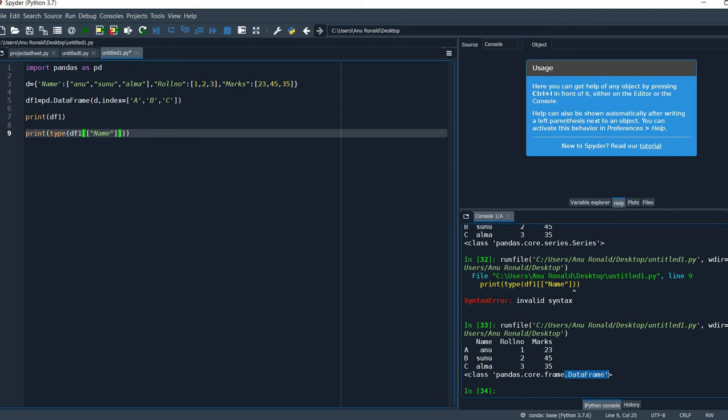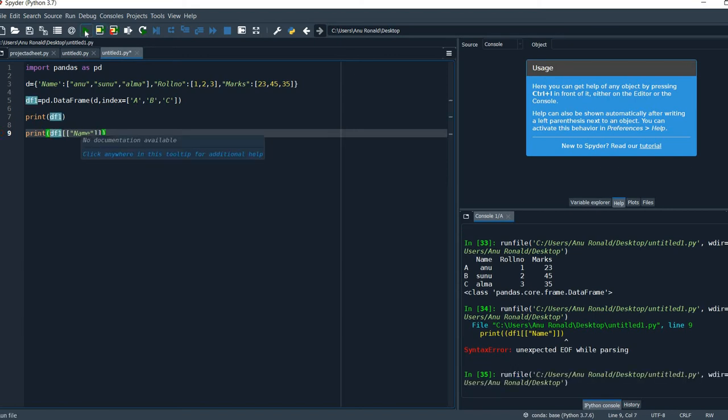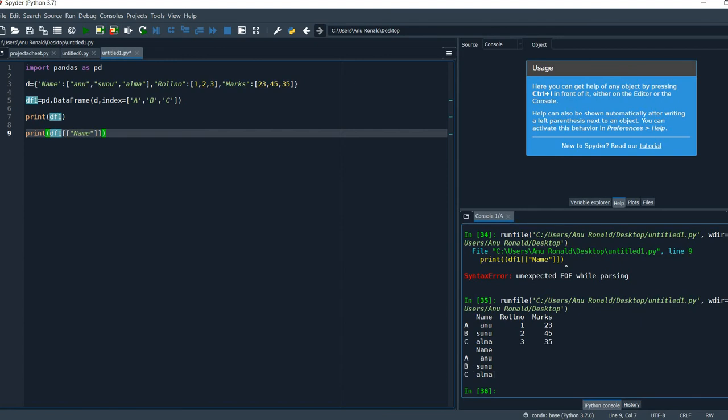If I remove the type from here, we will get the same answer as we got previously, the series. So you got the same result. This is how we use the square bracket, just specifying the name.